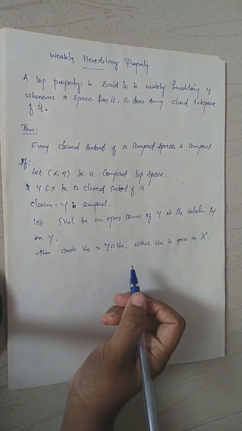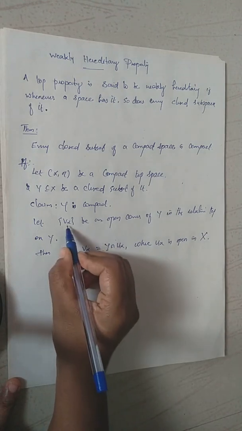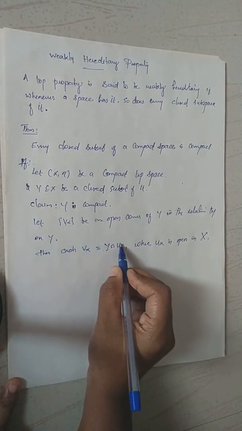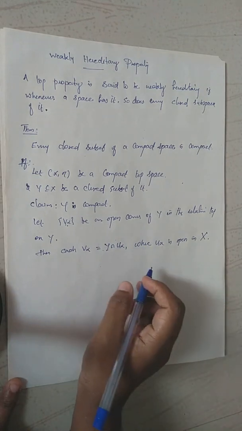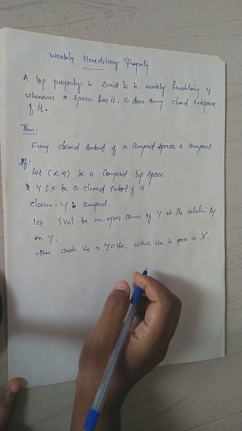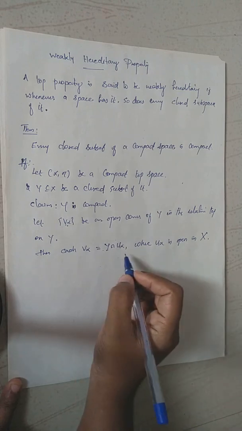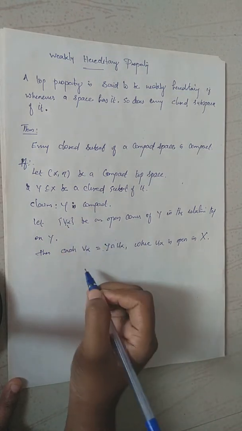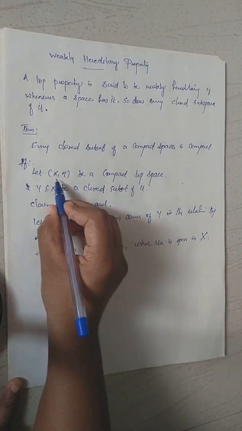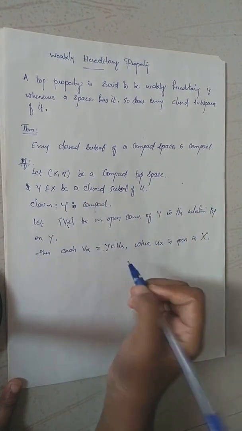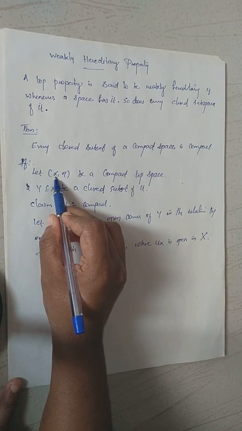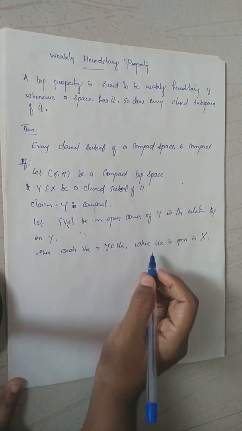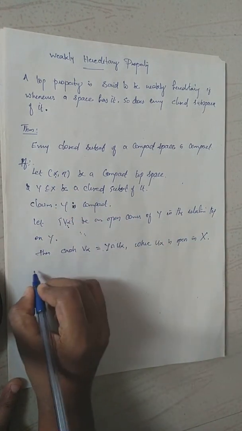Okay, so corresponding to every element V alpha, we get a U alpha. So how many V alphas? That many U alphas will be here. Now I want to prove that this V alpha has a finite subcover. And we know X is a compact topological space. If you have an open cover for X, we can find a finite subcover for capital X by using compactness. So consider